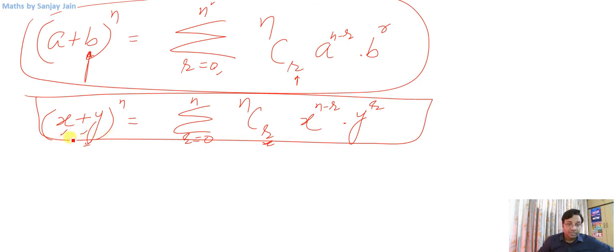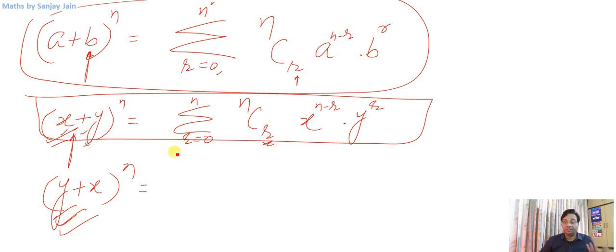So what you can say is that this formula and this formula, (y plus x) raised to power n, are going to be the same thing, right? This expression and this expression will be the same. Only difference is that when we talk about binomial theorem, when I write like this, I start expanding from x's perspective, and if I write it like this, I start from y, giving all the powers to y first, then taking 1 from y and giving it to x, taking 2 from y, giving it to x.